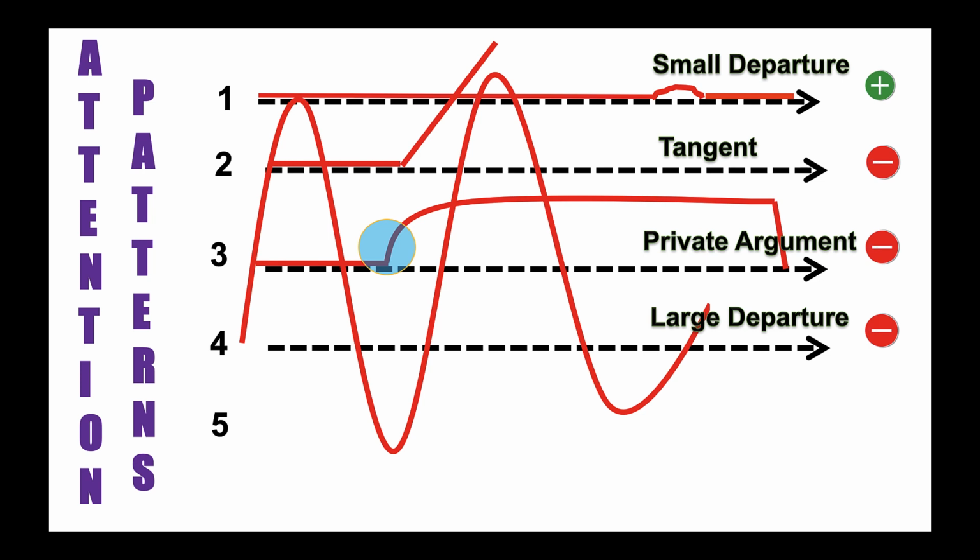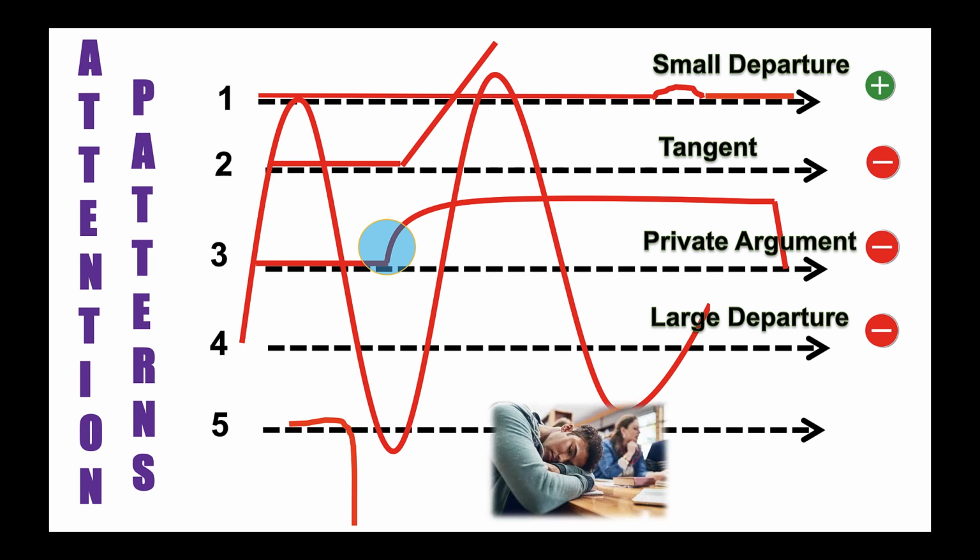And number 5 looks like this. No, it's not death, it's sleep. And we kind of chuckle about this one, but how many times have you been in a meeting or a class when you looked around, you saw somebody in number 5? How many times have you been actually speaking with someone, maybe a family member, and they fall asleep on you? They're in number 5, and of course it's negative. When you recognize that you are in patterns 2, 3, 4, or 5, get back to number 1.